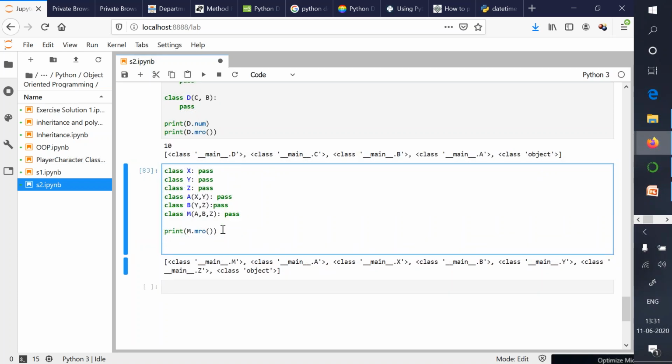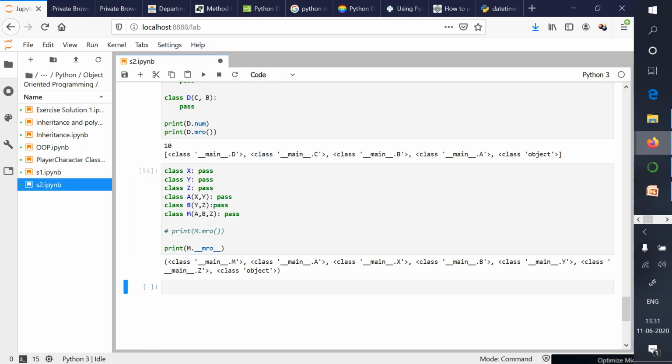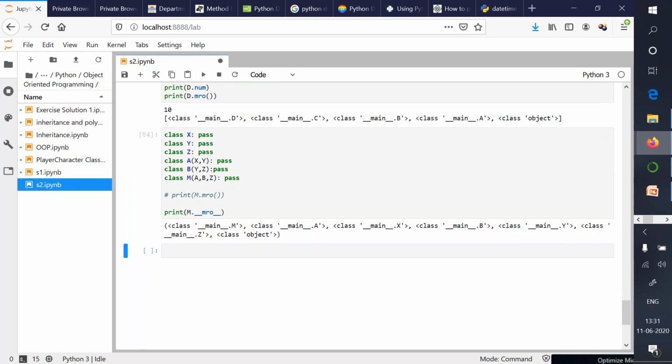Similarly, if I say print M.__mro__, and let's make the previous statement a comment, here also you will get the same order.